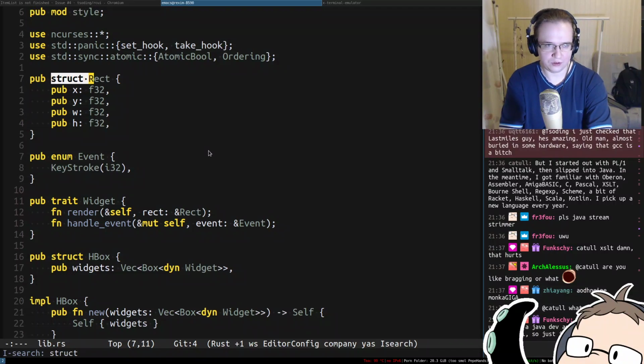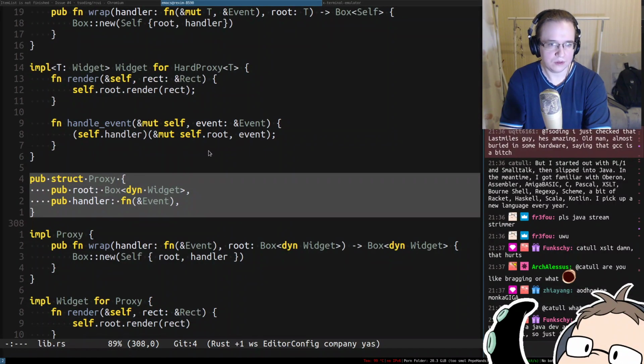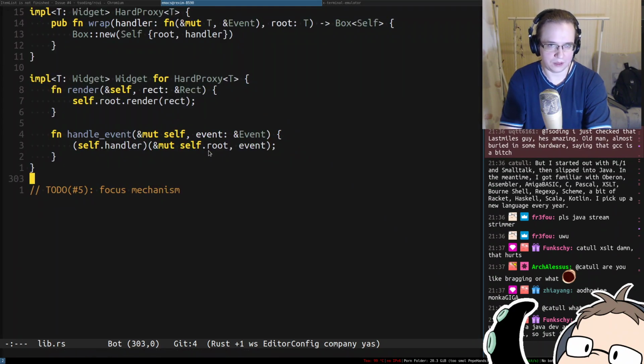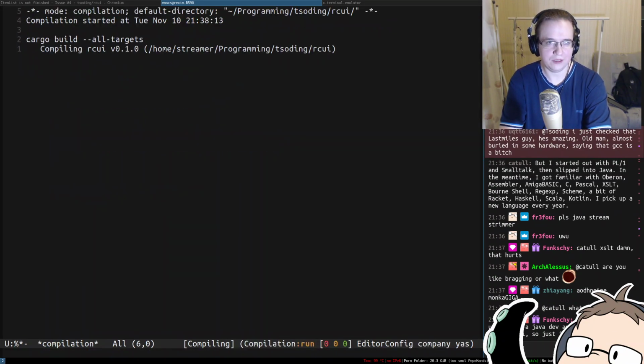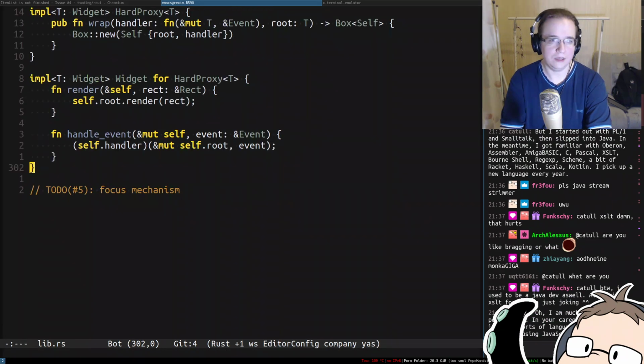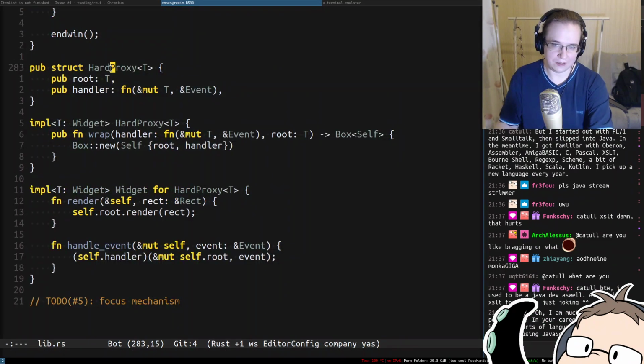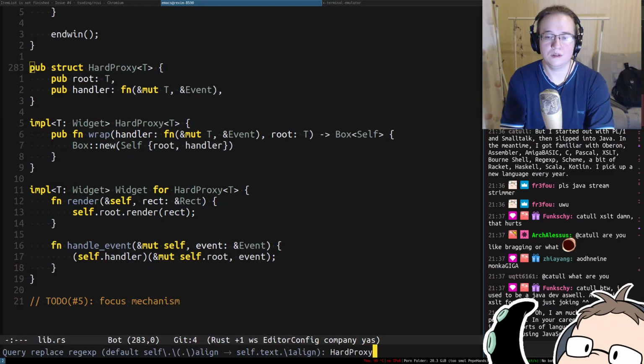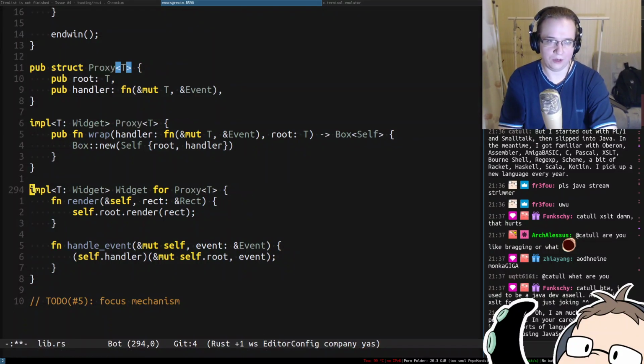So let me find struct proxy. There we go. And just remove everything associated with it because it's not needed anymore. Yeah, so let's try to compile all of that. Okay, so it compiles, and now let's query replace hard proxy with just proxy, because now that's how proxy